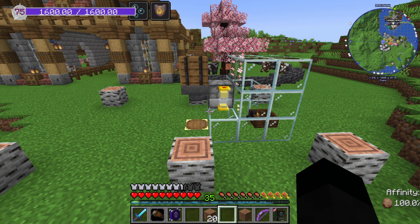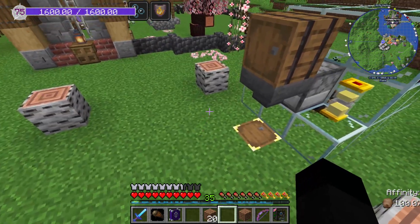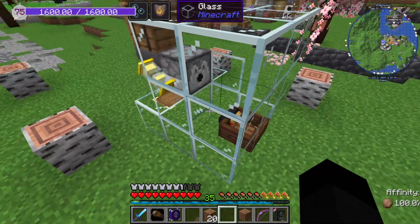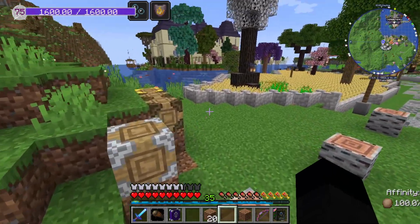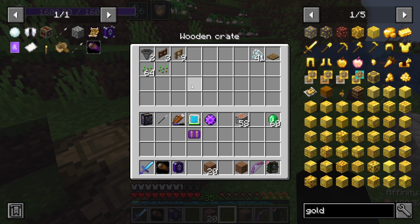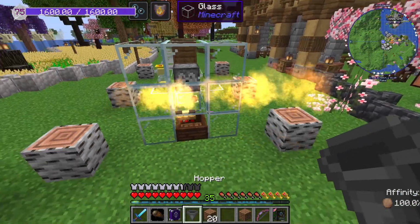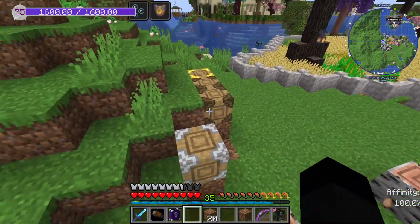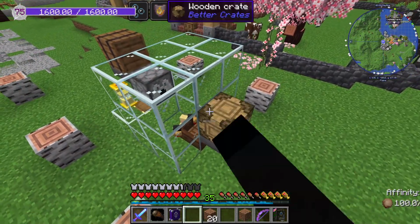Alright, so this should be working. That will pick up any eggs that are laid out here and also in there. We've got the timer making that. Now the other thing we want is let me grab another hopper, and again I could turn that off if I wanted to, but I really can't see the point. We're going to stick you in there,